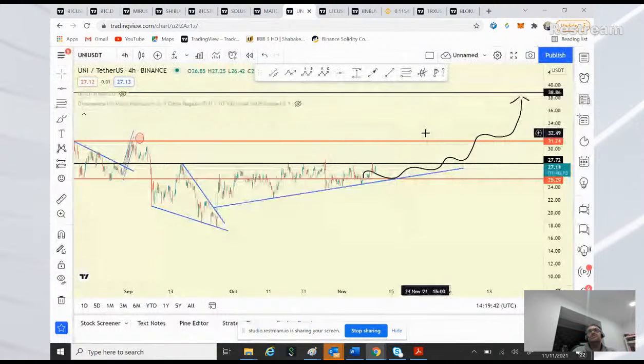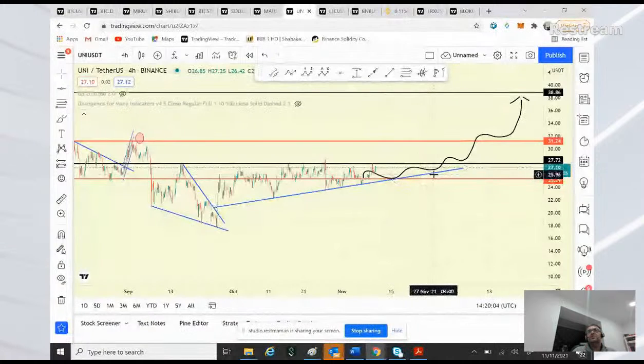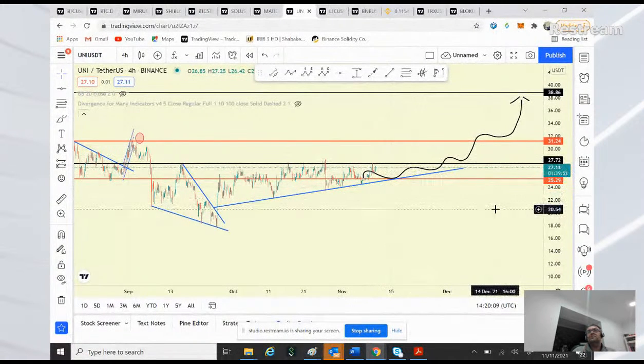Next one is Uni. Interestingly, I haven't touched the TA from the last time we discussed, and you can see clearly how it's going up to the resistance line, which I actually made. It's coming down, it's going up again. If I compact this line, I can see that all this movement up and down has happened. And as soon as it breaks out of this resistance,